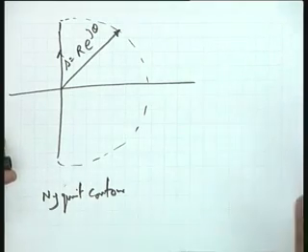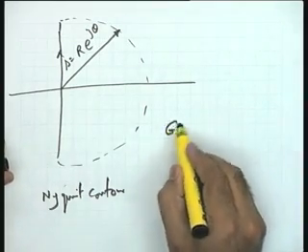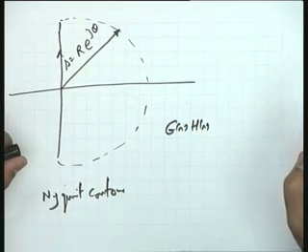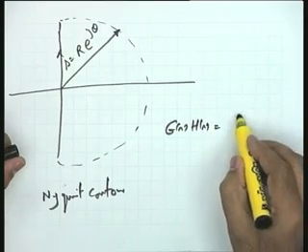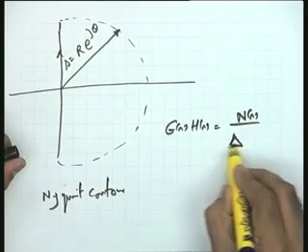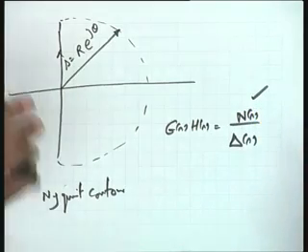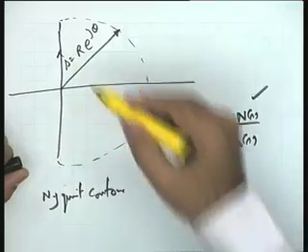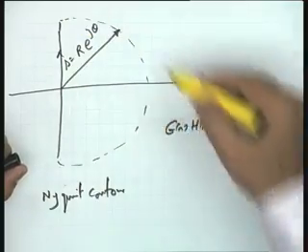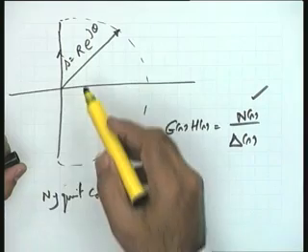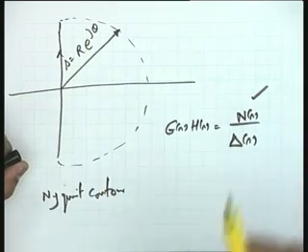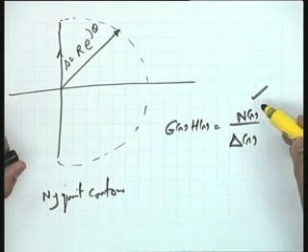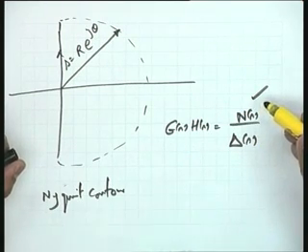At this point itself, let me make this comment. After all, GsHs is a physically realizable transfer function, and I made a comment on GsHs that normally the power of Ns will be less than the power of the denominator Del s. Please help me, what will be the mapping of any point on this dotted semicircle? Well, you know that r tends to infinity, with the point in mind that the power of Del s is more than that of Ns. What will be the mapping of this particular point?